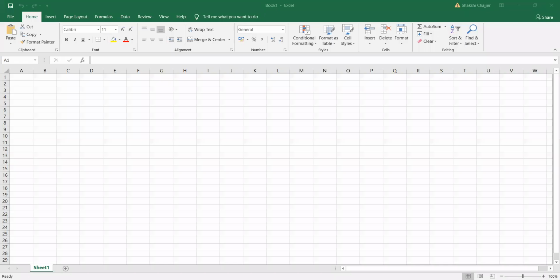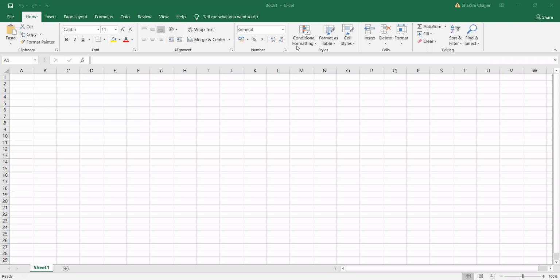Now in Excel, today we will be talking about the home menu, some of the features which are left in home menu, and then we will start with the insert menu. So first what we need to do is we have to open our Excel sheet. Let me just share my screen. This is how the Excel sheet looks like. Now in Excel, we have already done clipboard, font and alignment and numbers.